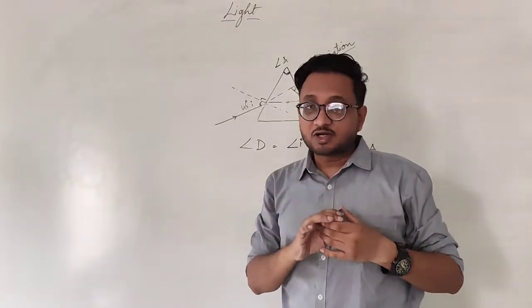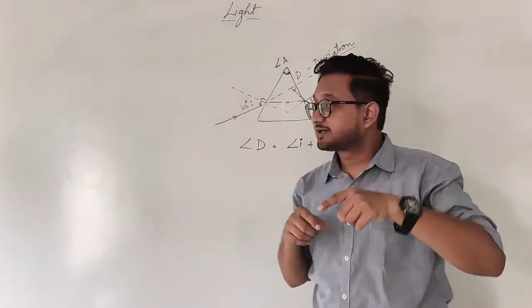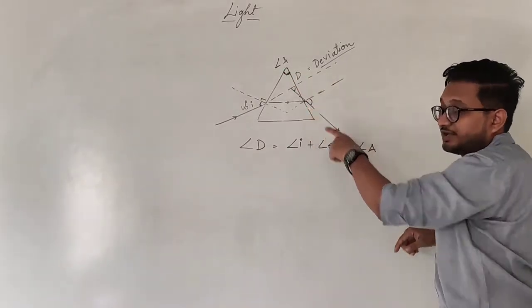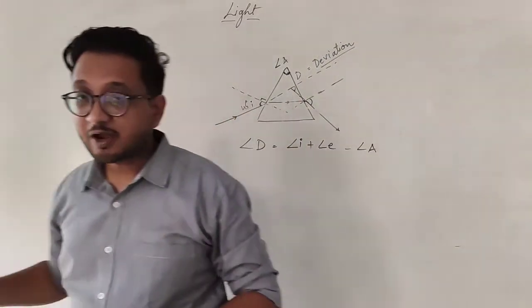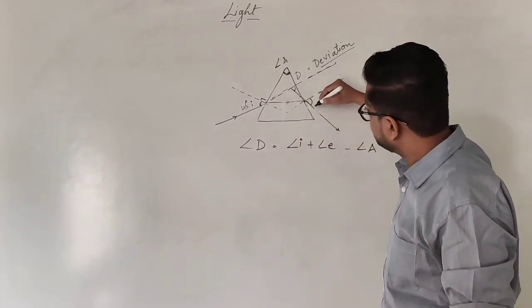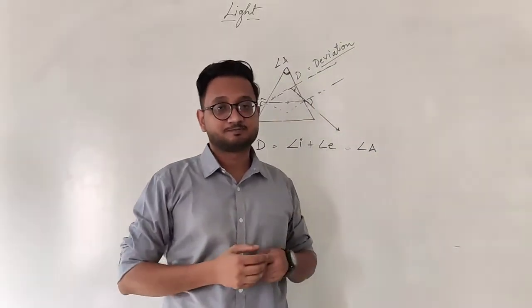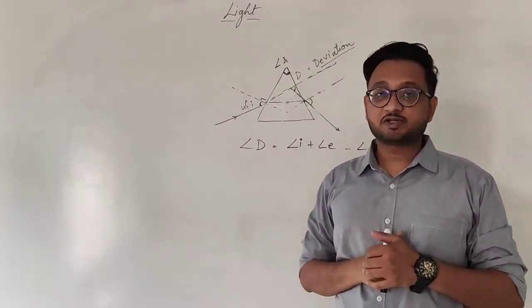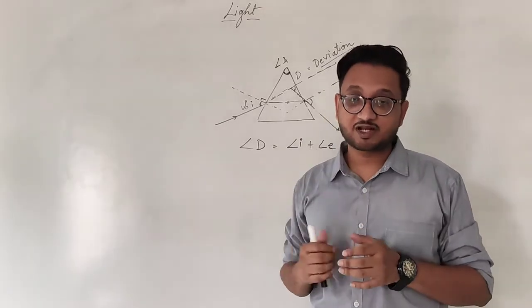Once you observe that pencil line, take your scale and extend that. So you place your scale over here. Wherever you see the line, you extend it. And now remove the glass prism. All you have to do now is extend this original path of the pencil and this new path. Wherever they two meet, you have got the angle of deviation. It's that simple. I hope it is clear to you, students. This is how you do the practical of the refraction of light through a glass prism.